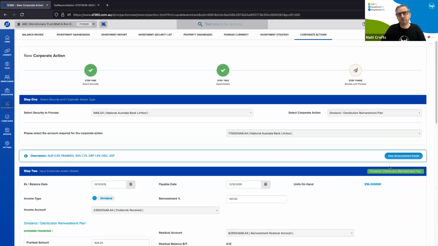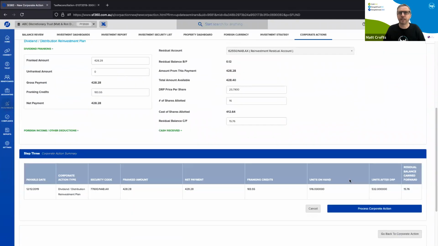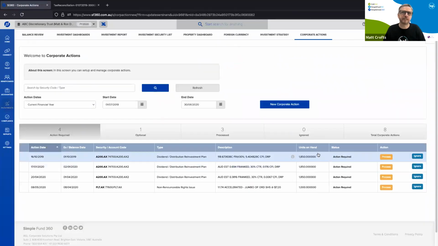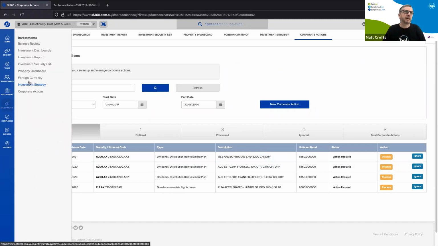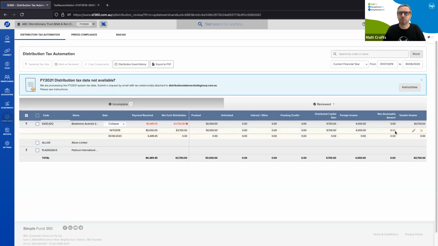Those that haven't seen the BGL products, you can basically get all the corporate actions like a DRP and process those very efficiently. So that's where the time saving comes in. It's geared towards investments with the corporate actions. We've also got the trust distribution automation. So if you've got any trust distributions coming through from ETFs or managed funds, we speed that up as well. It'll fill in the different tax components for that, to expand and show you the tax components so they can be sped up as well.